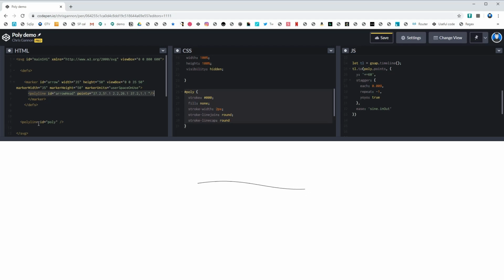We need to add it to the polyline, and we can do that by saying inside the polyline tag we can say marker. Now there are three different ways of doing it. You can either say marker start, marker middle, and marker end, I think, something like that. We'll say marker start, so it's going to be on this end here, this beginning bit here, and that equals URL open brackets hash, and then we're going to reference the marker's ID, which is arrow,